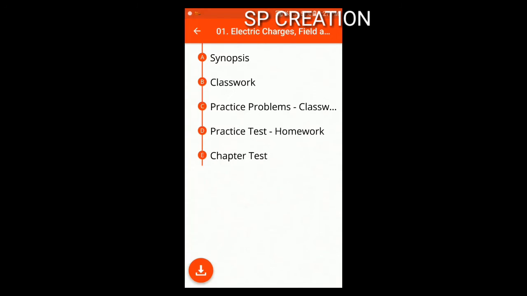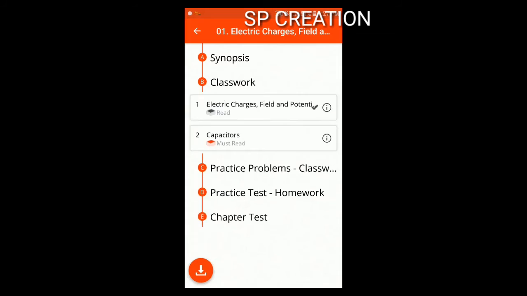The classwork problems contain numerical problems. By the way, the synopsis also contains the shortcuts which are quite useful for handling numerical problems and analytical problems for handling competitive examination. Right? And classwork problems contain again problems which are discussed under YouTube also. They are in the form of 50 questions and they are given in the form of PPT.